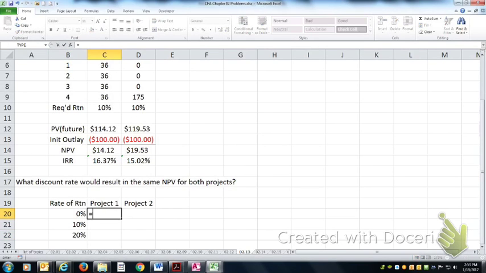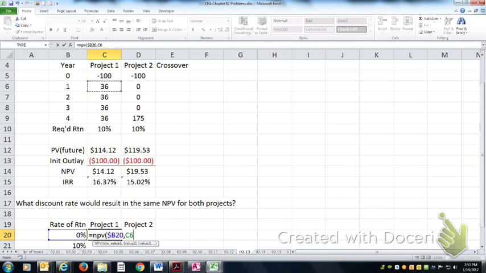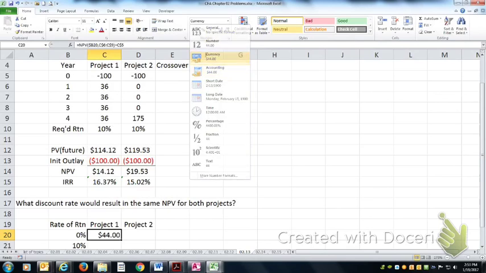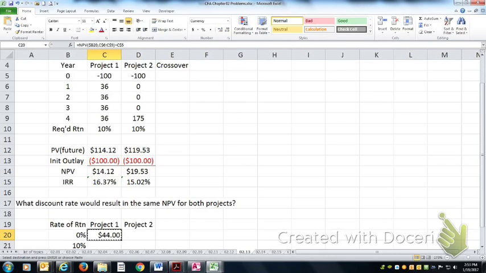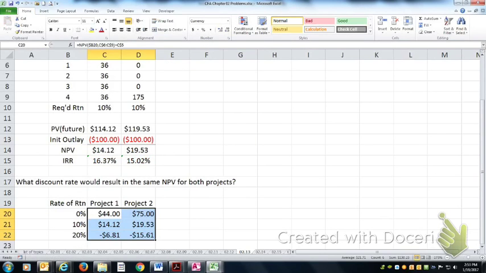If I'm calculating the NPV at each of these discount rates, and now if I just graph this,